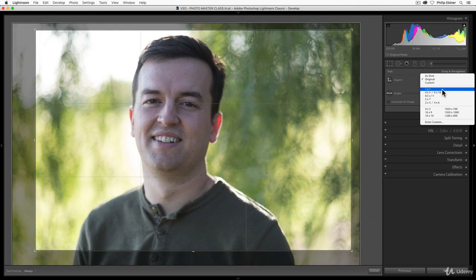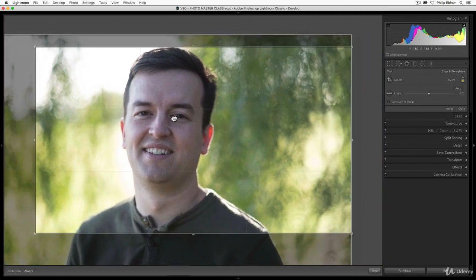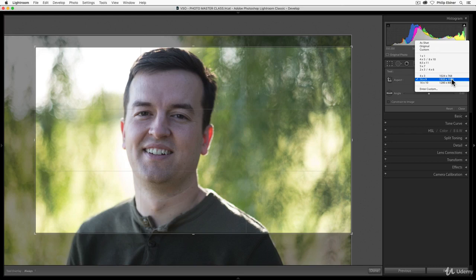Or I use one of these other presets like 1:1, which is a good aspect ratio for Instagram, or 8.5 by 11, which is good for prints, or 5 by 7, which is another common print size. You could even enter custom ones like I've done here with 1920 by 1080, which is perfect for TV screens or mobile device screens. So you can create your own custom ones.